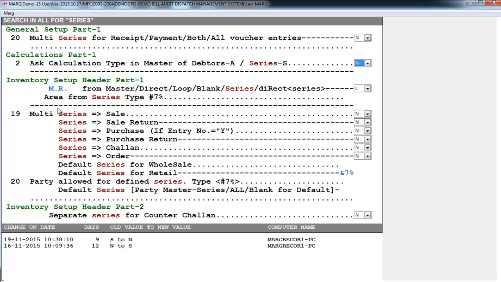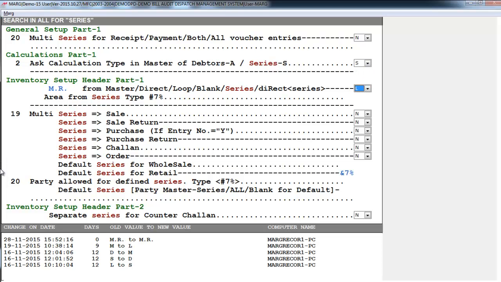Then is ask calculation type in master of dealers A and series S. If I want series in calculation type, then I'll set this to S. Then is MR from master direct loop blank series slash direct series. Here I will set S if I want series MR wise as well.